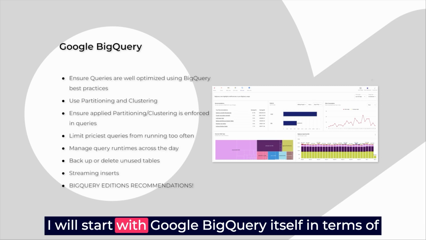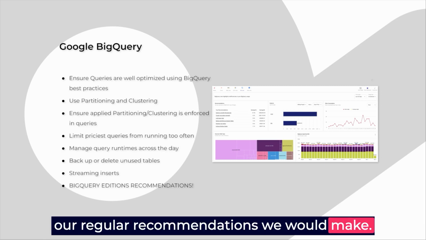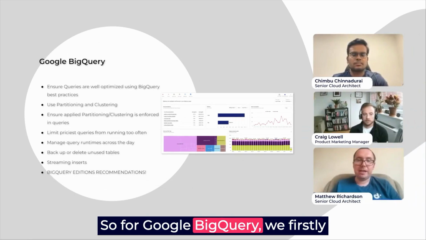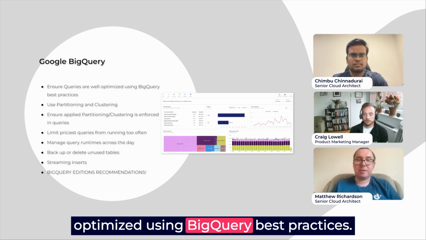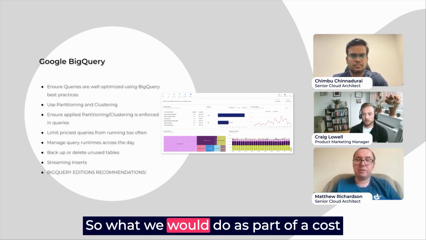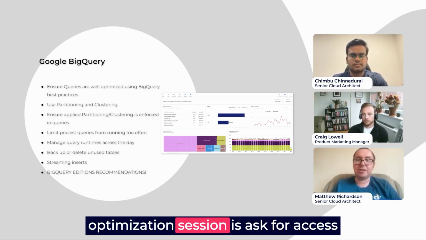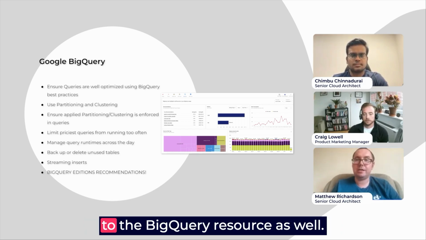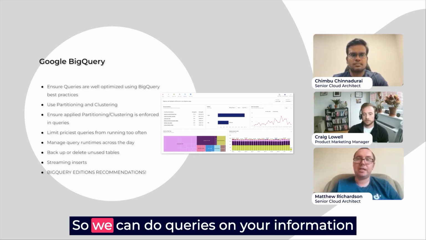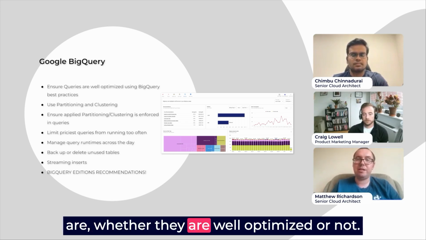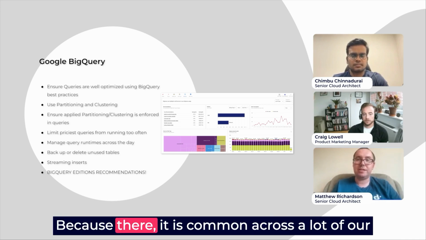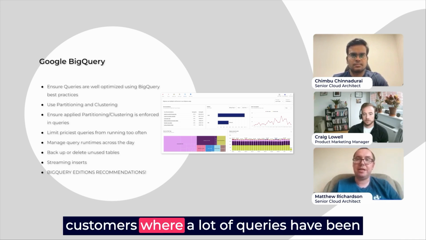I will start with Google BigQuery itself in terms of our regular recommendations we would make. So for Google BigQuery, we firstly look at whether your queries are well optimized using BigQuery best practices. What we would do as part of a cost optimization session is ask for access to the BigQuery resource as well, so we can do queries on your information schema and see where your busiest queries are and whether they are well optimized or not,